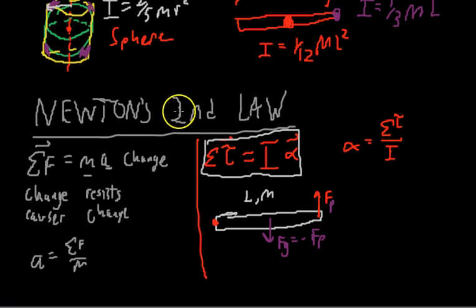Okay, so the force of the push, if we think about what's going on with our lever arm here, our lever arm comes out like this, all the way out there, so the entire length. If I curl my hand in the direction that this would go, we might say that this force of the push is causing it to go counterclockwise, but for us that also means out of the screen. The force of gravity is trying to twist it the other way, so that means into the screen. And so when I do my sum of forces on this,